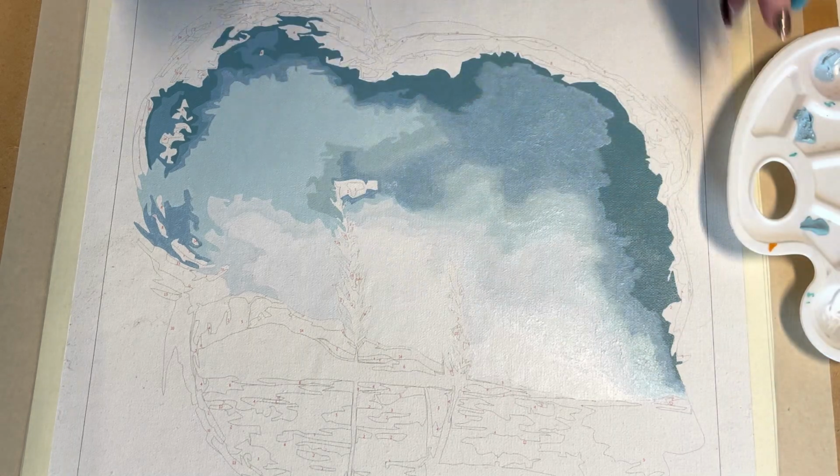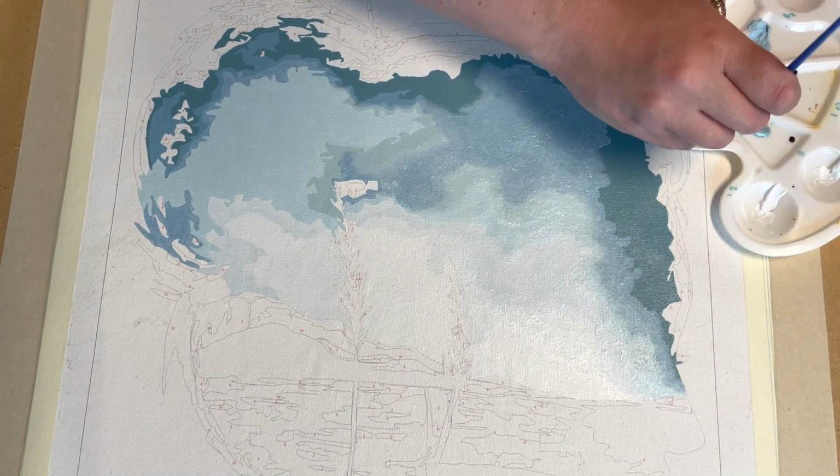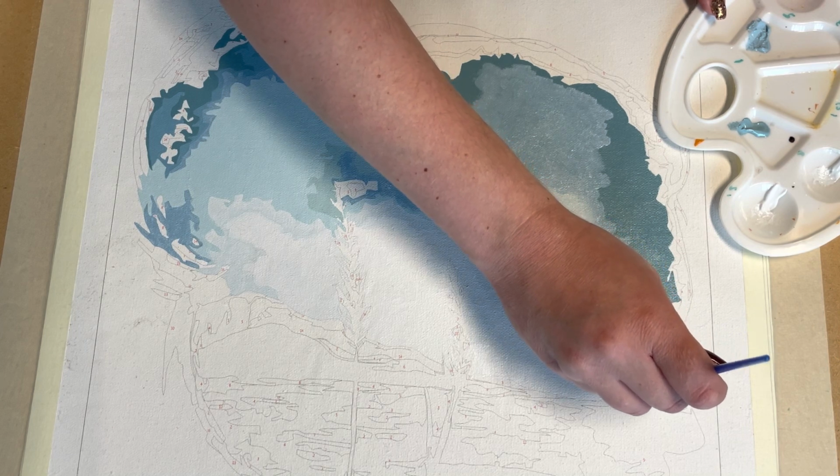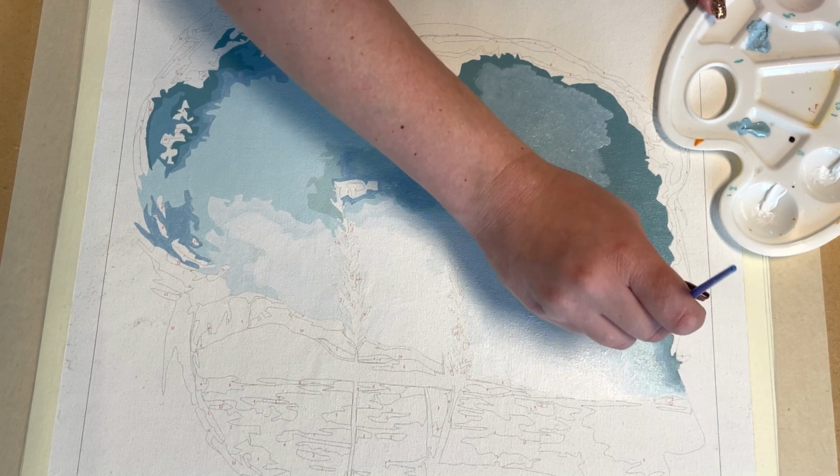Awesome. Right, so then we're going to take this darkest colour now. I'm just going to blend that